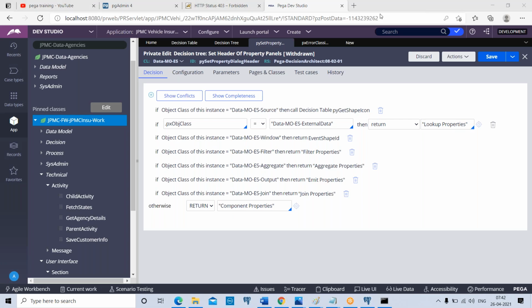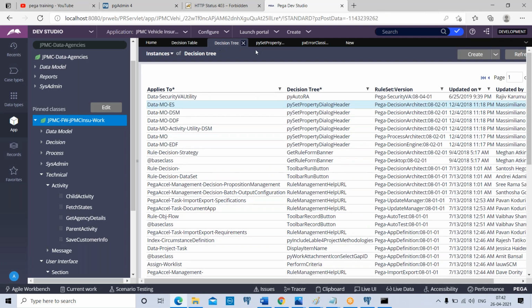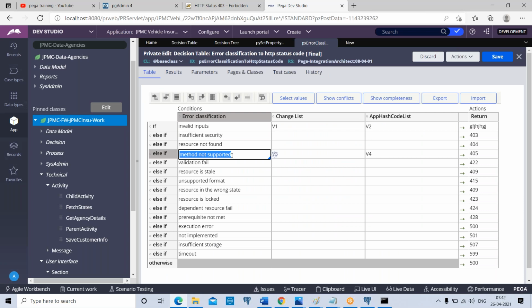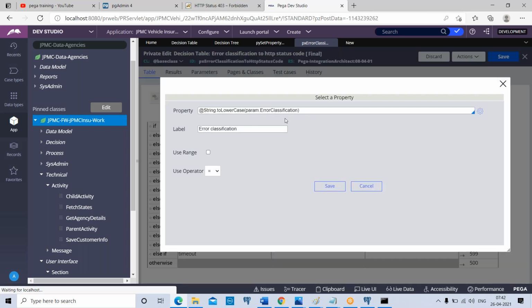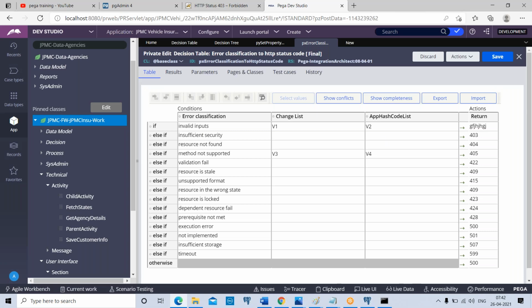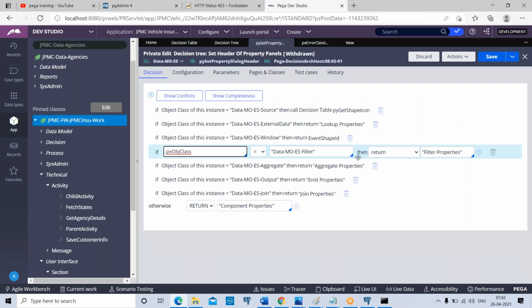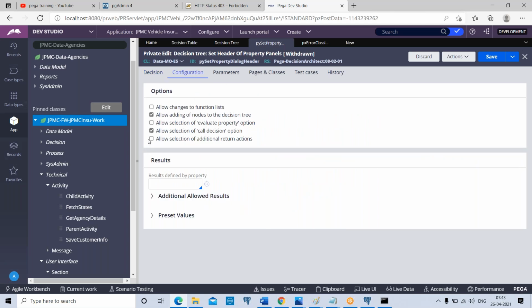Everyone clear with this point? Okay, so now coming back to decision tree. In a decision table, you can access expression builder everywhere. Here also you can access expression builder at the condition property. But coming to decision tree, do you have any such feature of accessing the expression builder icon? Do you see? You're not getting it. So you cannot freely access expression builder in decision tree. That is not possible, but expression builder is possible in decision table. It means you can access any function from a decision table, but not from a decision tree. But there is a provision of calling the functions.